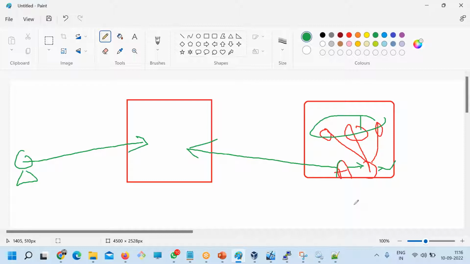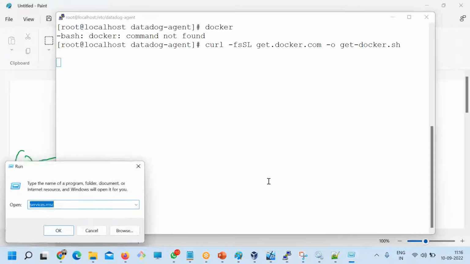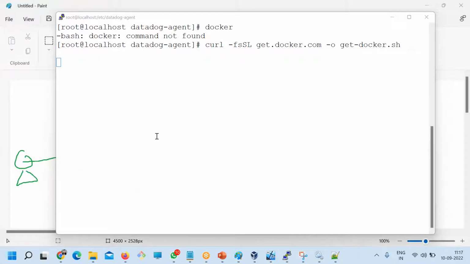Just a quick question: do we install agents in the nodes, or do we install them as a sidecar in the pods? Understand this. Just a second, let me see the status. It's taking time, so let's discuss it. Here we are not creating a sidecar.